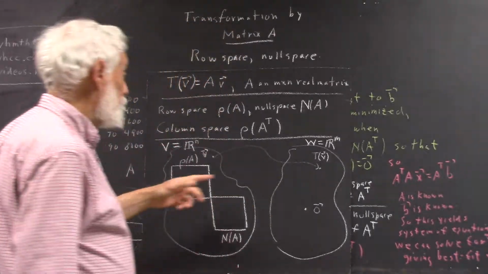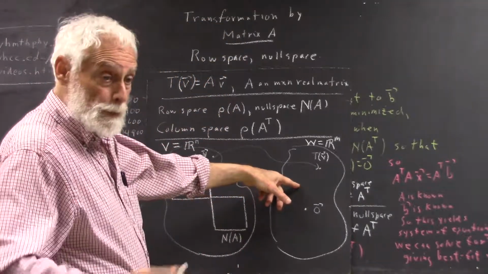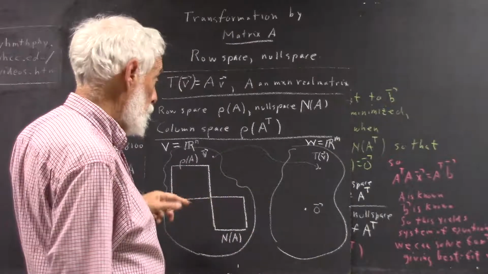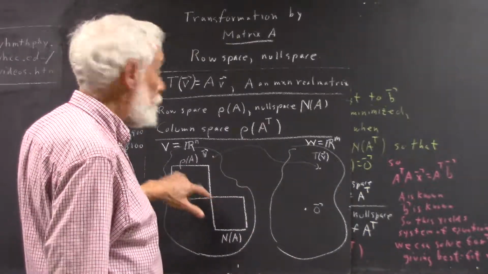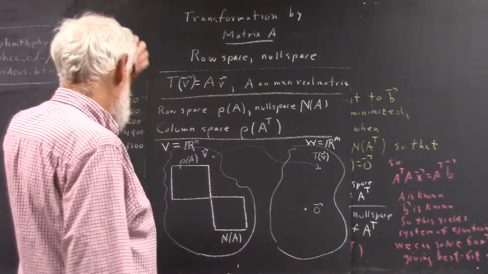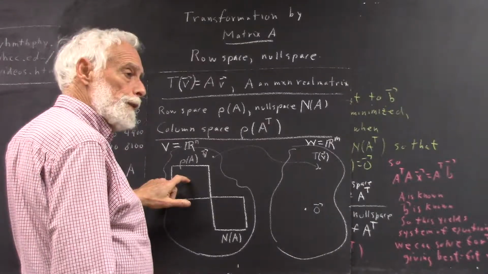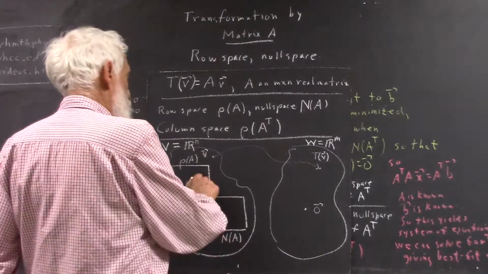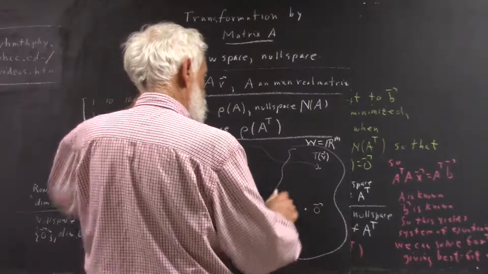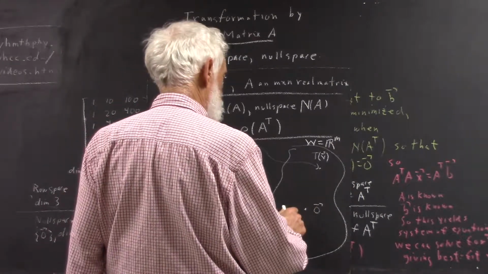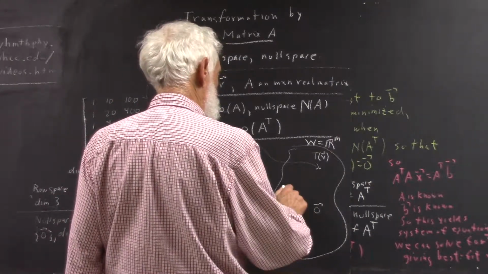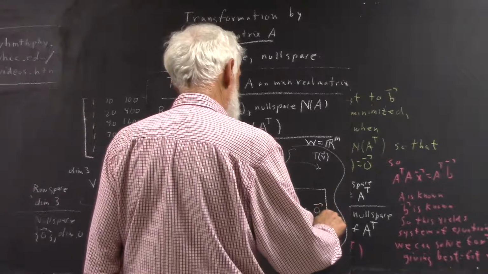Now there might be vectors, usually are vectors in Rm, that are not the image of any vector from V. Okay, so this subspace maps onto space over here that includes the zero vector,